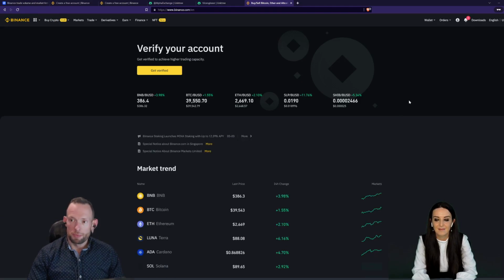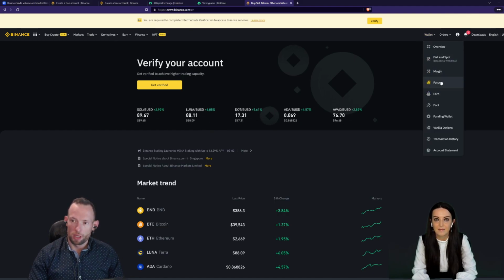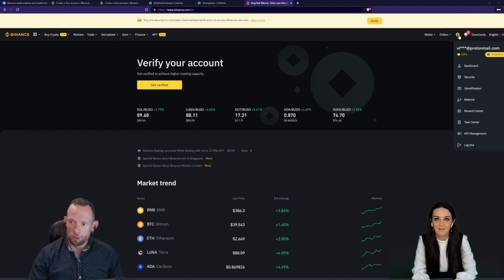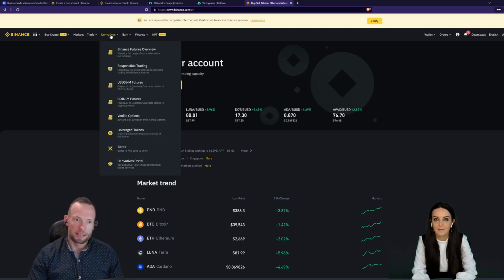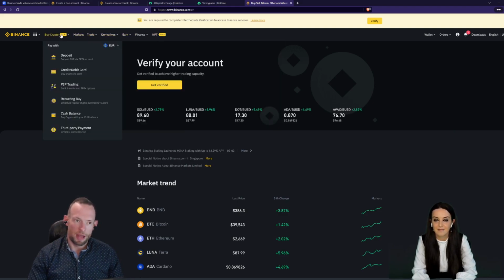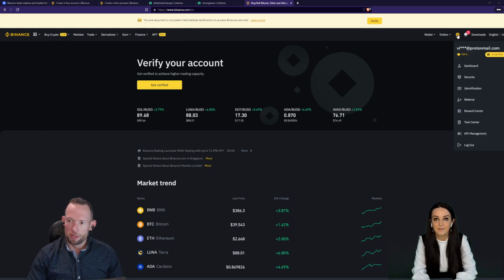in general on these websites, they're all laid out more or less the same, where on the top right corner, you'll have access to your wallets, as well as some type of client login page or client details. And then on the left-hand side, you'll have access to specific parts for the trading platform, buying cryptocurrencies, trading markets, different types of options available to you. So if we go underneath the user information side here, and if we go to security,